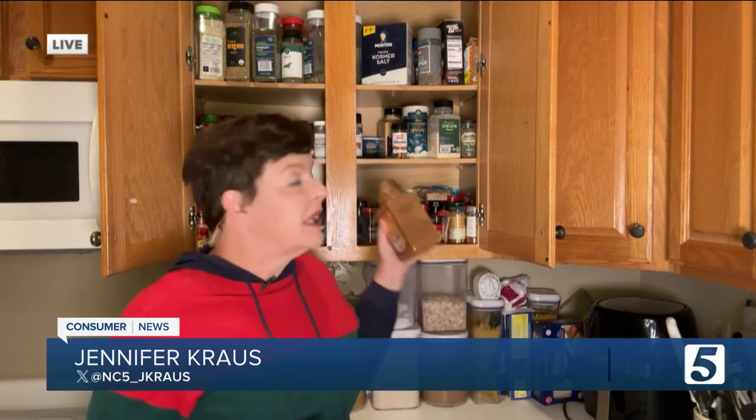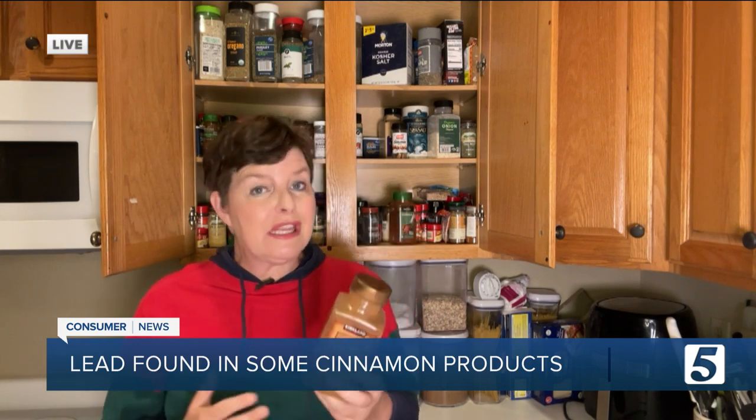We are talking about cinnamon, and if you're like a lot of people, you probably have it in your spice collection. Especially if you do a lot of baking, a lot of recipes for cookies and breads call for cinnamon, or maybe you use it on cinnamon toast. Here's the thing, though. A recent study of cinnamon found dangerous, high levels of lead in a lot of brands of